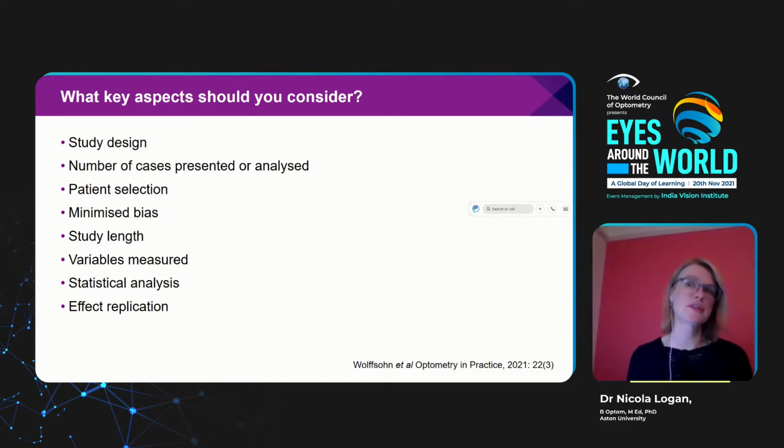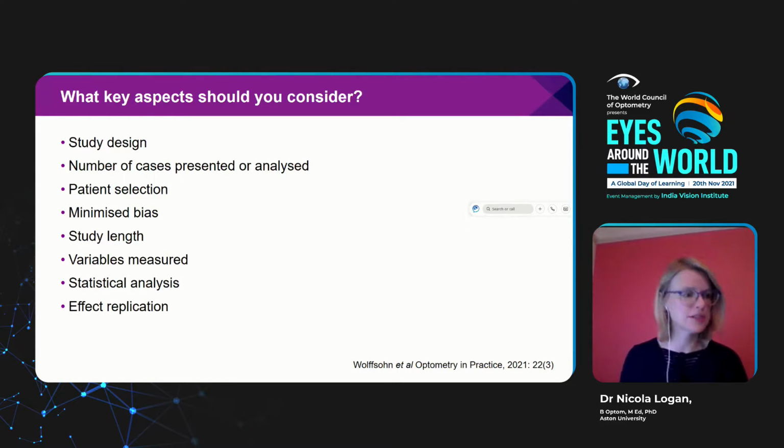And also, if there are safety concerns, how are they monitoring that? Have they measured things that allow you to say whether the intervention is safe? In terms of statistical analysis, this will be taken into account really in the peer review process, which should